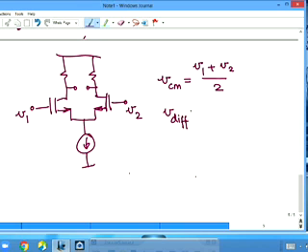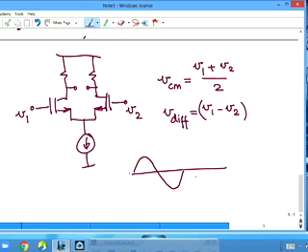The difference of V1 and V2 is called the differential input. V1 minus V2 is called the differential input. The average of the two inputs is called the common mode input. Now, for example, if you have two sine waves and they are nicely out of phase with each other,